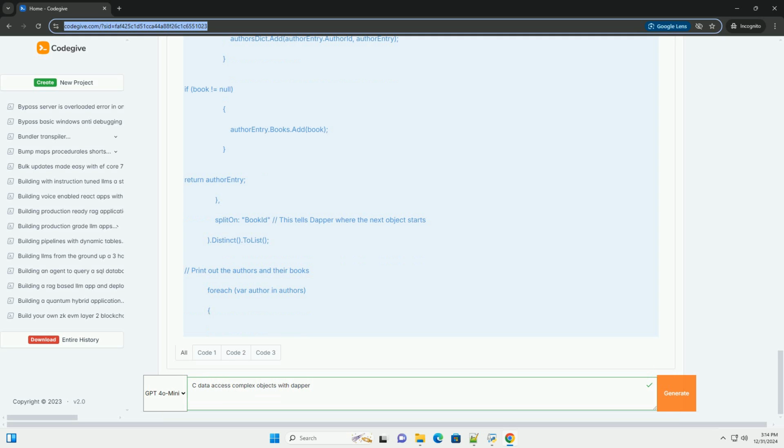Foreach (var author in authors) { Console.WriteLine($"Author: {author.Name}"); foreach (var book in author.Books) { Console.WriteLine($"\t Book: {book.Title}"); } }